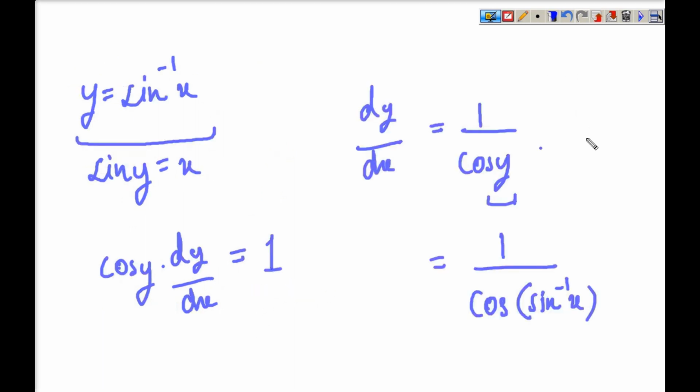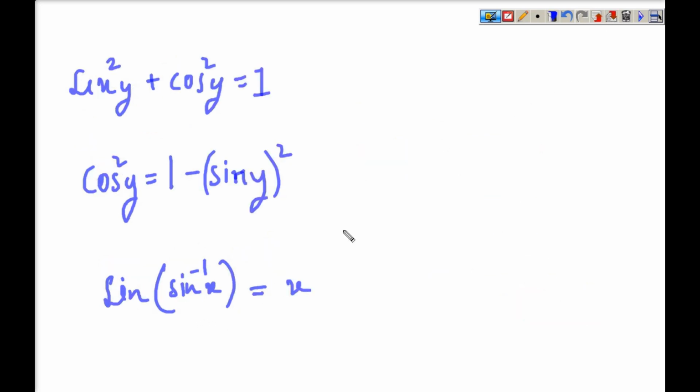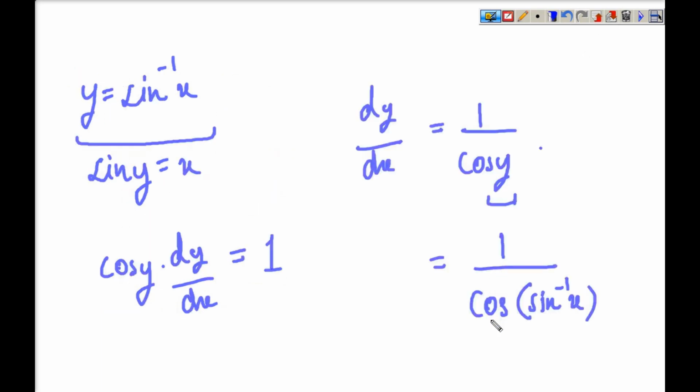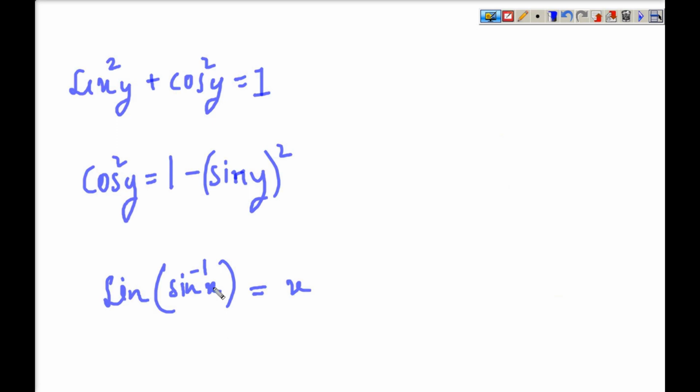Now how is that possible? Sine inverse x, as I showed you before, is equal to y, right? From here we got sine inverse x equals y. So substituting y here, we get sin y equals x. Therefore this x I can simply substitute in place of sin y. So cos square y equals 1 minus x square,